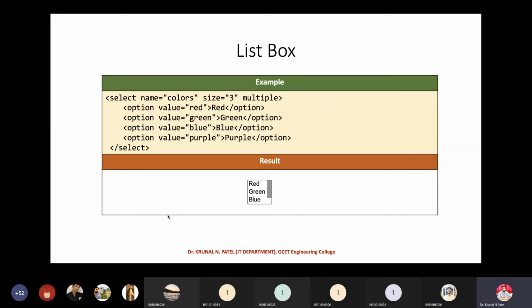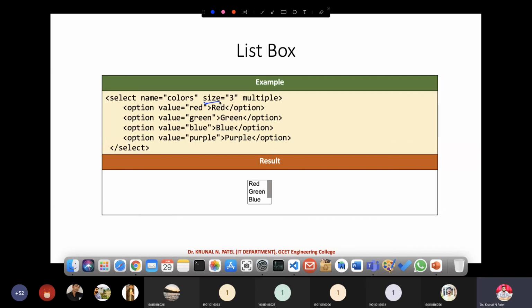So in this particular example, the size and multiple attributes are used. By holding down the Control button, you can select multiple items. So this is the list box control.